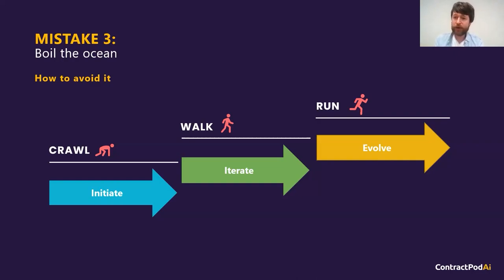The challenge was, and I didn't work for the vendor at the time, I inherited this project as an implementation partner. Once we got into the project, we realized that the one contract type was actually over 50 different contract templates, all of which were in different languages. So all of a sudden, what had been committed as a really discrete, small project, up and running in 6 to 8 weeks with this one contract type, there was no way we were going to fully automate 50 contract templates in 8 weeks, not to mention that none of them had been harmonized or standardized by the client beforehand, and the client expected the CLM vendor to do that for them. So there was a huge disconnect right at the beginning.